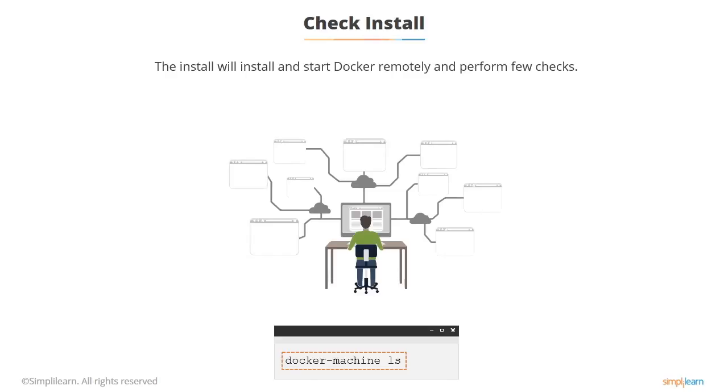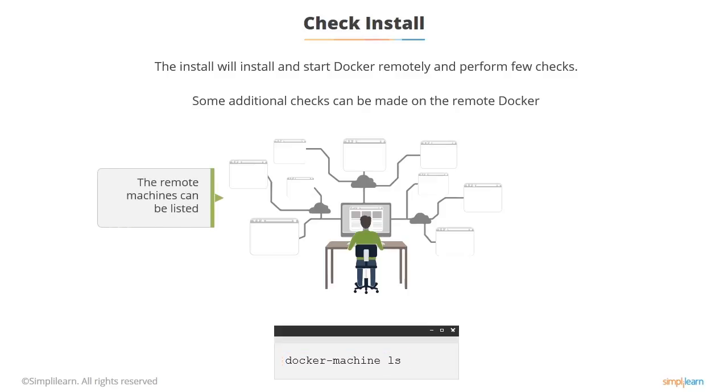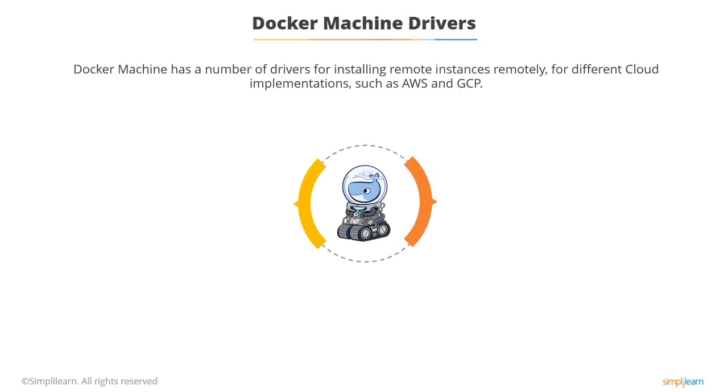And then you can do a docker-machine ls, which will show you all the remote machines which are set up. It gives you information. If you install Docker engine on a remote machine, you can't see it from Docker machine on another one until you've told it about it, because it can't figure it out, but you can actually point it at one and say, okay, here is a Docker instance that's already been created, you can manage it for me.